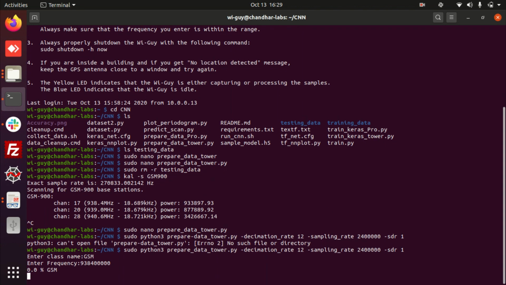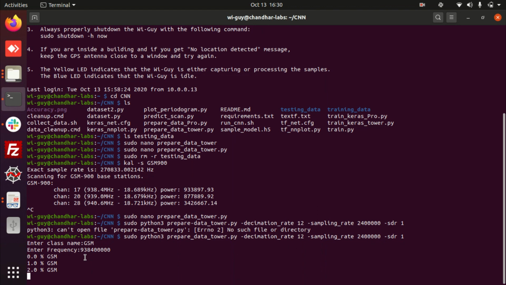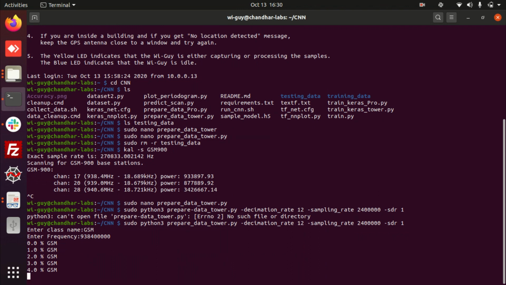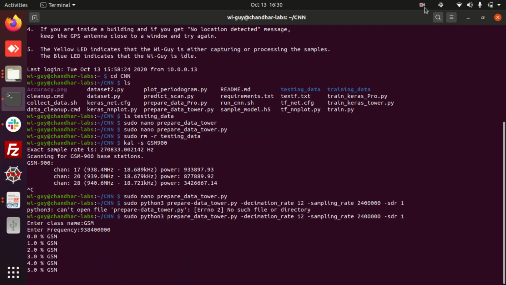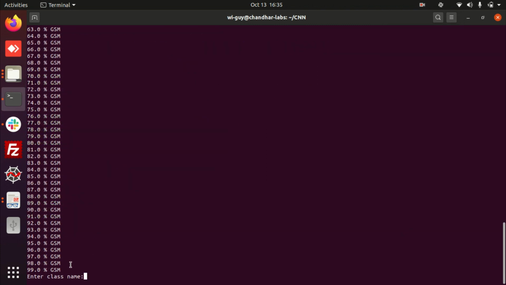Now the data has started to prepare. GSM data for a carrier frequency of 938.4 megahertz has started preparing. The data has been prepared for the GSM.